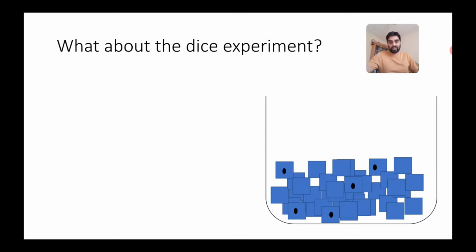The idea is they fill their beaker with 100 and roll them out. Any one of them that comes up with the black dotted side up has decayed. You move those to a side, you keep the rest behind. You keep going, keeping a log of how many have decayed each time and how many are remaining. If you track how many are remaining, you end up with a nice exponential curve from this. That's great, but